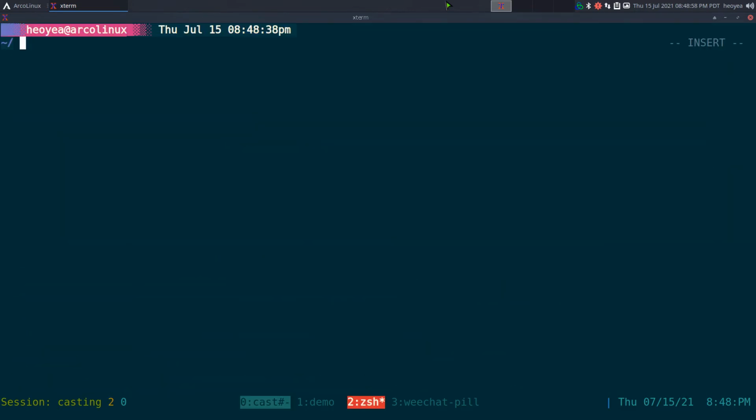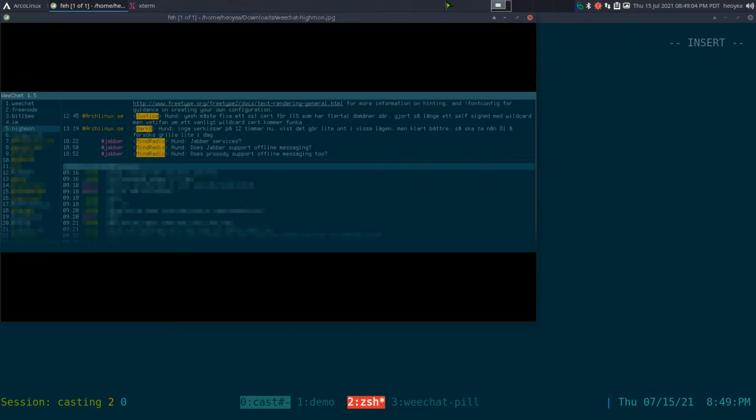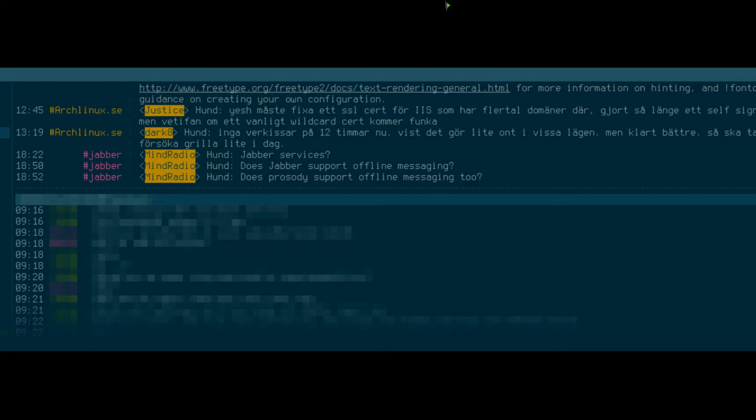All right, this one's gonna be on highmon. It is a highlight monitor for WeChat. So it looks something like this once you have it all set up. So you see at the top here, this is your highlight monitor, and whenever someone messages you or pings you,